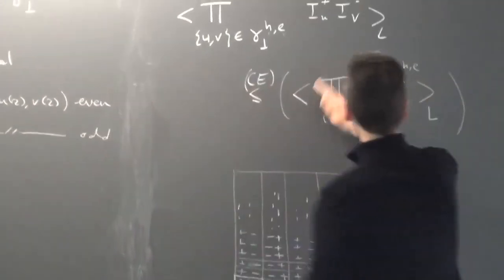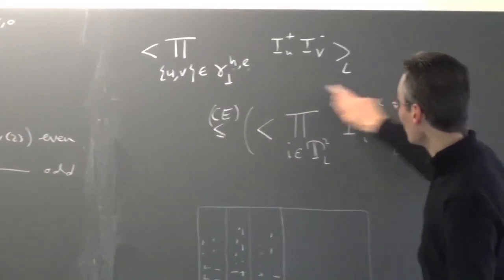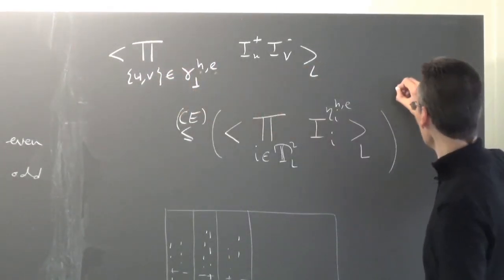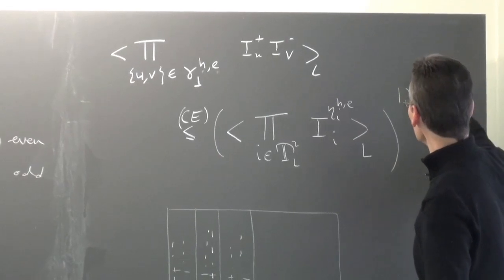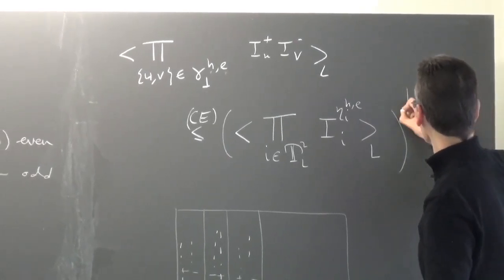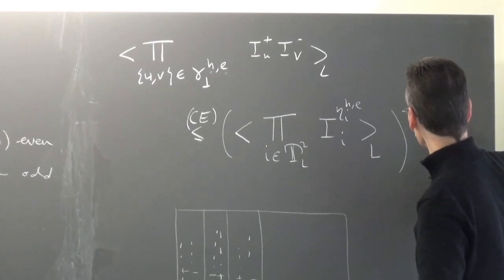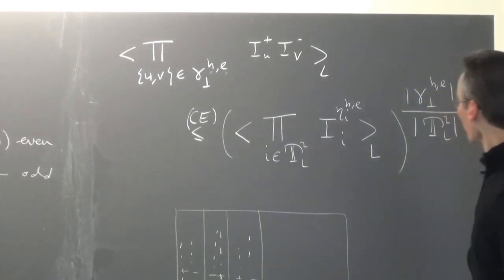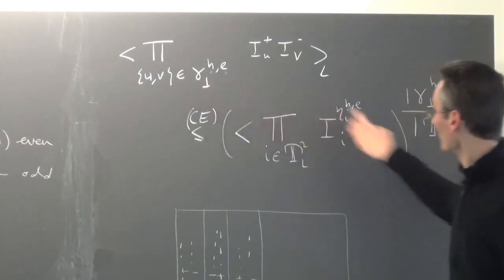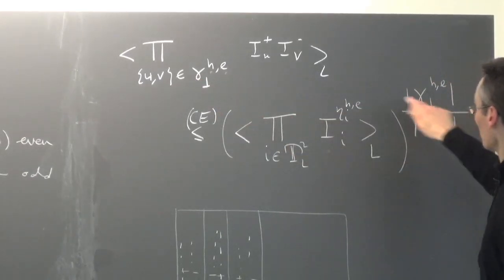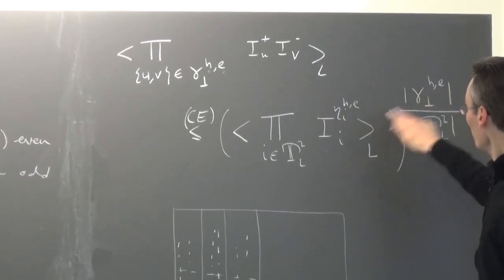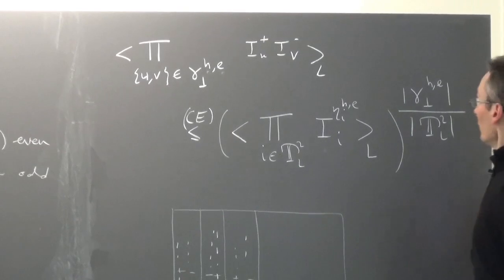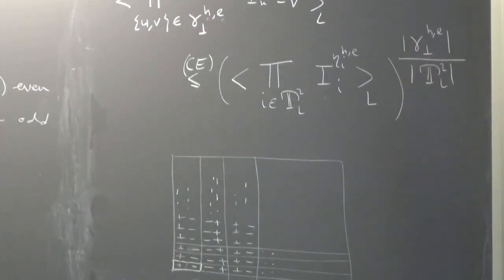Okay? So I get this, but how many times do I get that? I get that exactly as many times as I have factors in this product. So I get this gamma orthogonal HE times, and then for each of those, I have to divide by the size of the two-dimensional torus. So that's just the chessboard estimate, right? You get a product over all these guys of factors like that. They are all equal, so this gives me this power, and I have this 1 over the size of the torus, which comes from the chessboard estimate. Okay, so that's what you get.